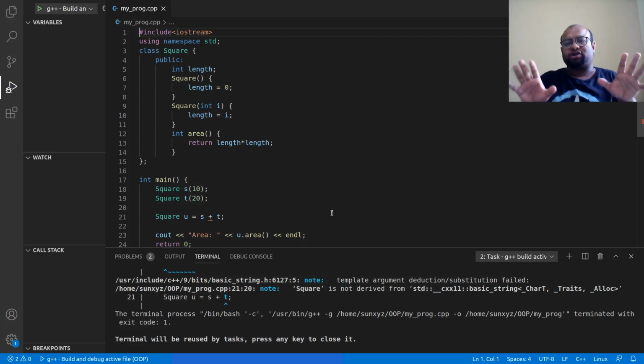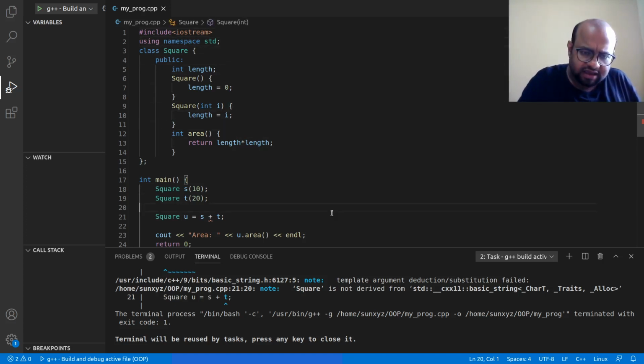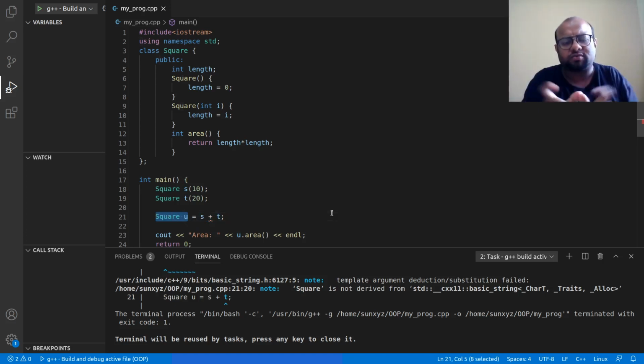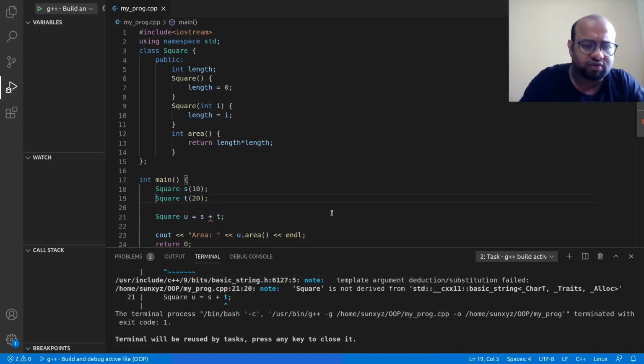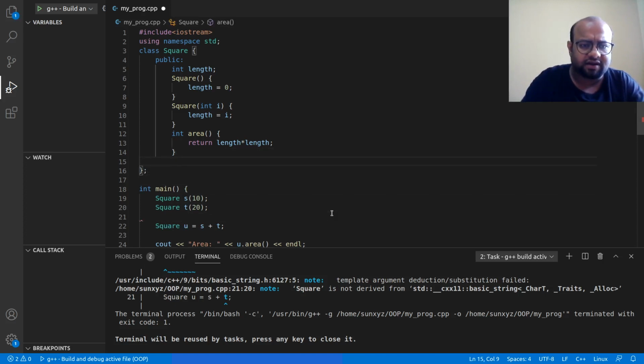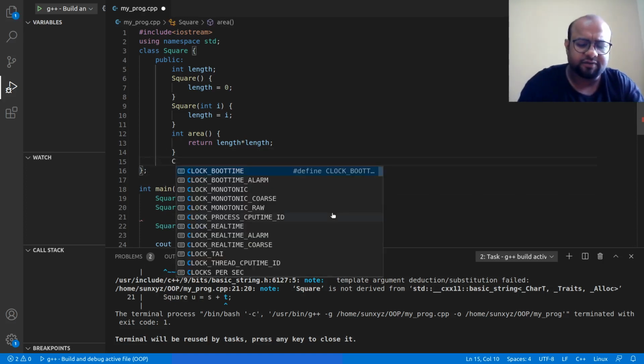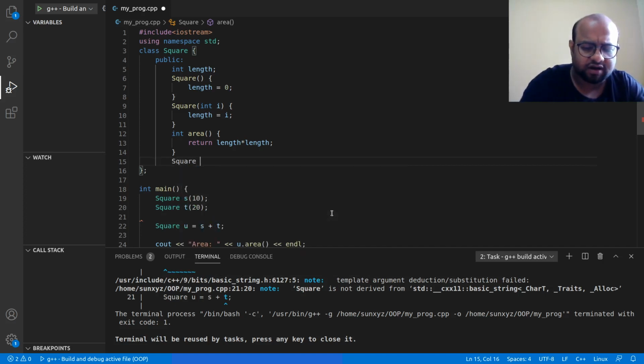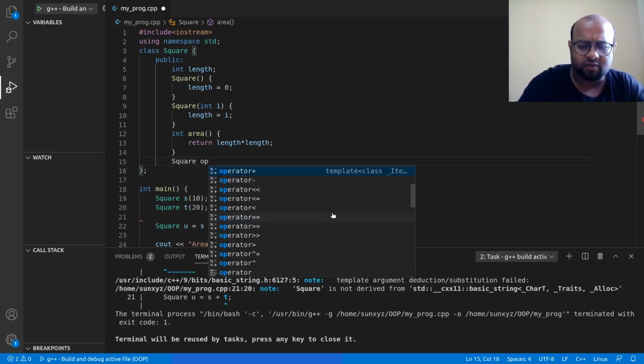Now what should happen? When I add these two objects S and T, I should get an object where the lengths of these two objects are added together. So let me go ahead and do that. Let me define what should be the return type of my function. My return type is square. Now what is my function?